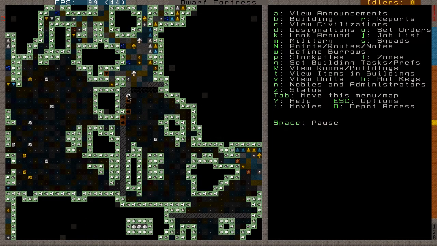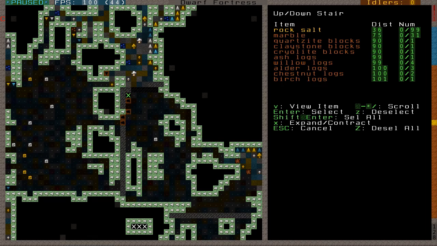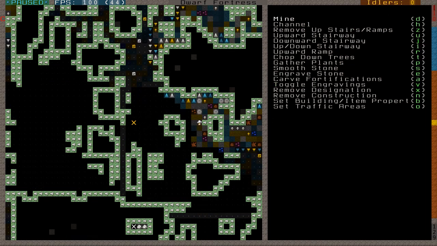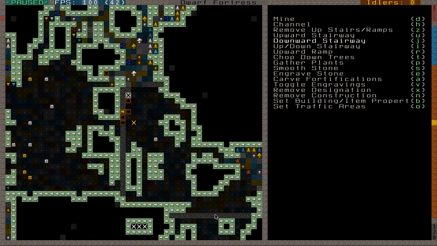Build construction. I'm going to go ahead and make an up down. I think, yeah, I can make on top of that. And then I'm just going to go ahead and designate this up down, and designate this down. And that's fine, so I can make walls all along there, and then this will be a very, very safe